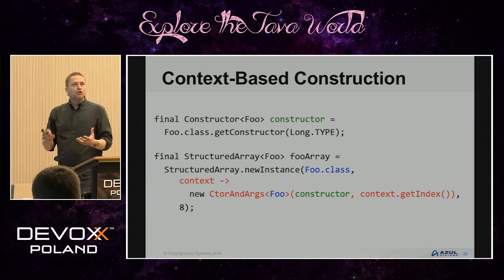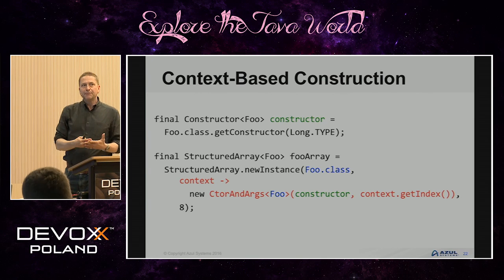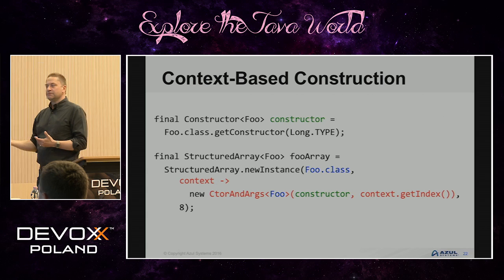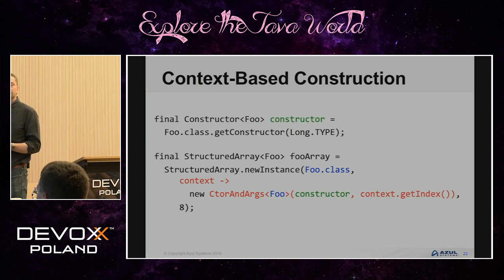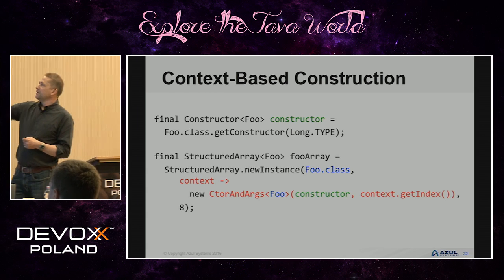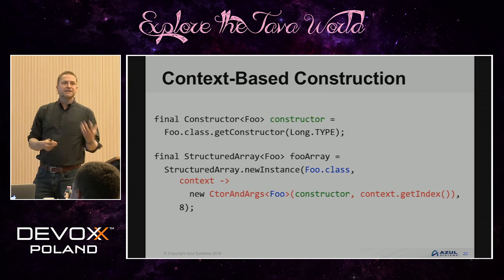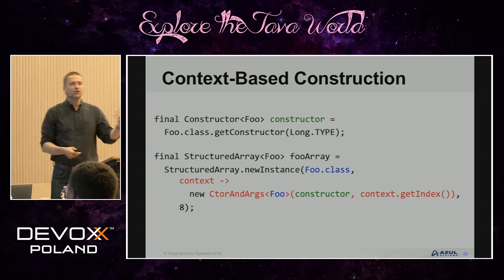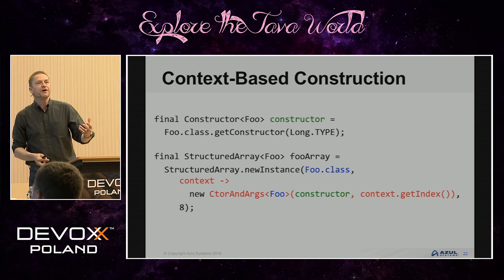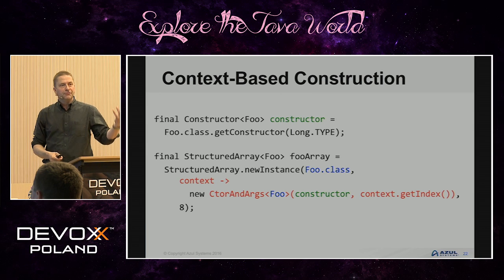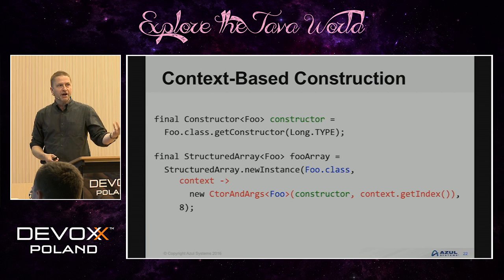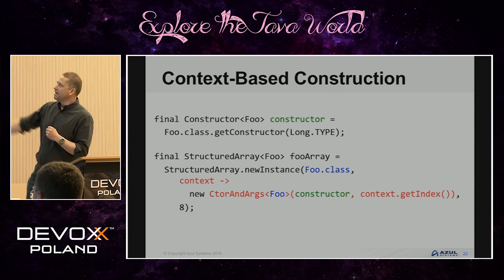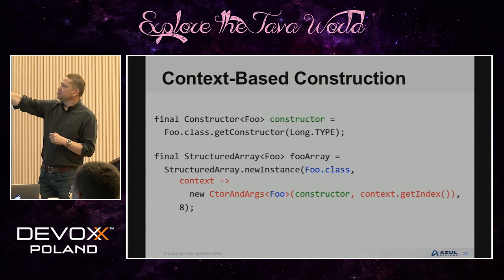So this is a functional interface, which means we can use a lambda expression to represent the single abstract method of that functional interface. So in this case, we're saying that what gets passed in is a context. And the context includes the information about which position this object is in terms of the array as they're being created. And so we can then call the constructor and args,